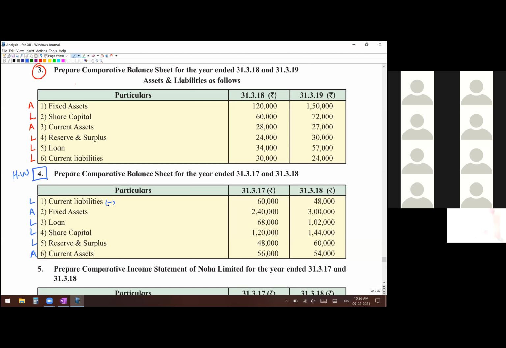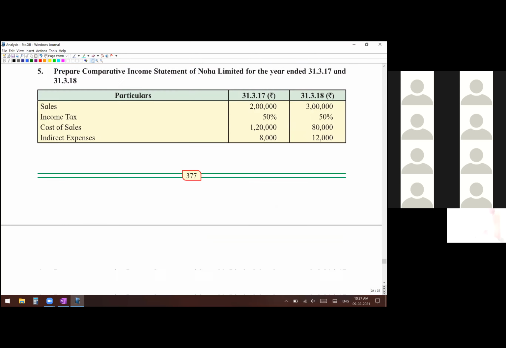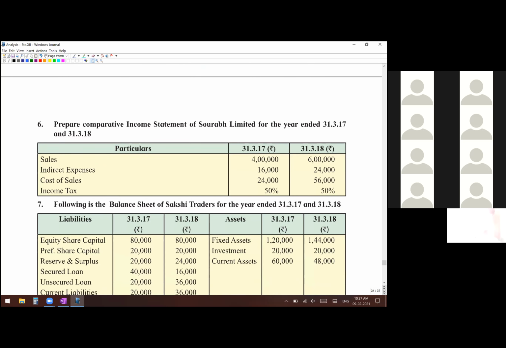Okay. We were studying comparative balance sheet up to now. Now we move on to comparative income statement, which means the trading and profit and loss account which you had prepared now has to be prepared in the same format where you will compare current year with previous year and see what is the change. So nothing is different except the format of profit and loss account which you were preparing earlier in the horizontal format. Now you have to convert and write in the vertical format. We will take up a question and you come to question number 6.